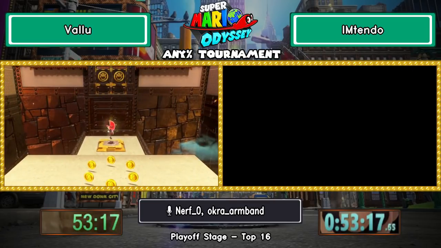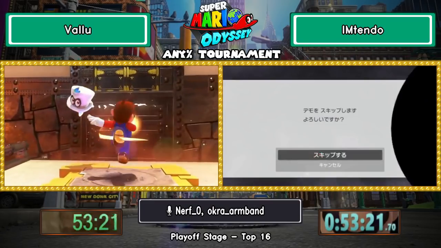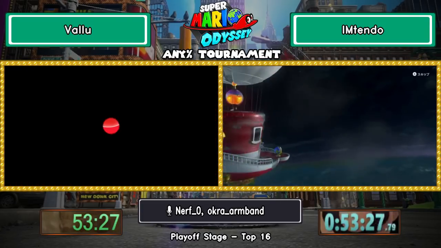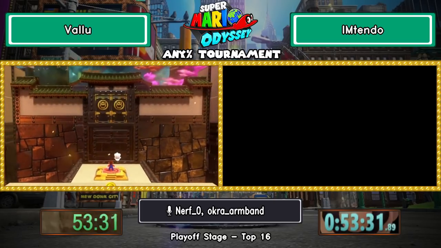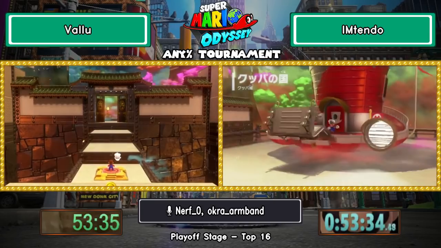Yeah, we've seen runners bonk into the sides of buildings here and fall all the way down to the death plane, which does take a lot of time because the death plane is really low. So that's the biggest way, aside from messing up boss fights, that you'll lose time in Bowser's Kingdom: bonking into the walls and falling all the way down to the death plane. Now,